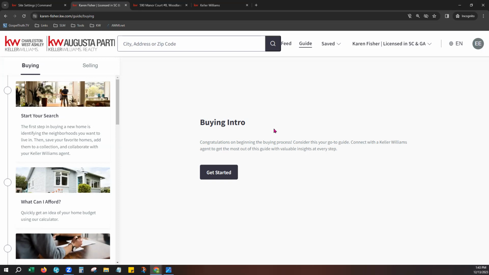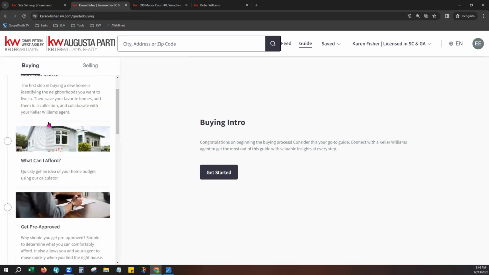Currently, with the new upgrade to the KW website, the ability to edit these guides is no longer available. We believe as the updates roll out that there will be more options and more editability, but at this time on the KW legacy sites, the agents can still go in and edit the buyer's guide and the selling guide that is available here. I'm just going to show them really briefly since this is something that is being currently updated and right now you may not have access to,